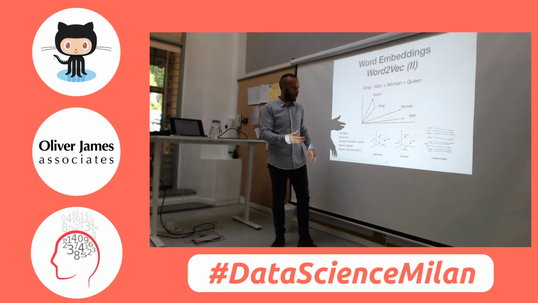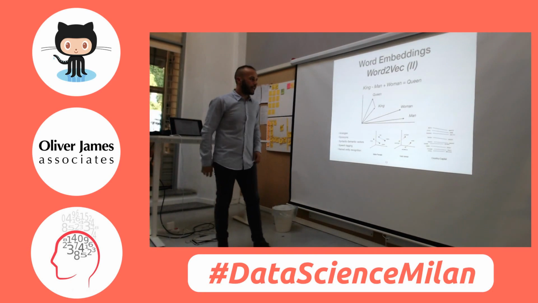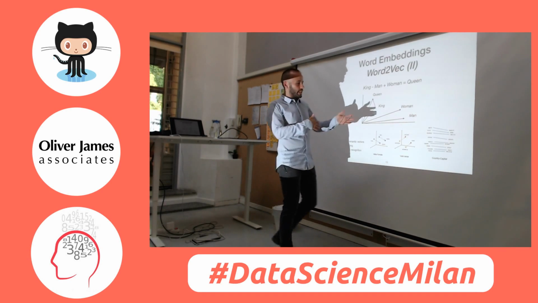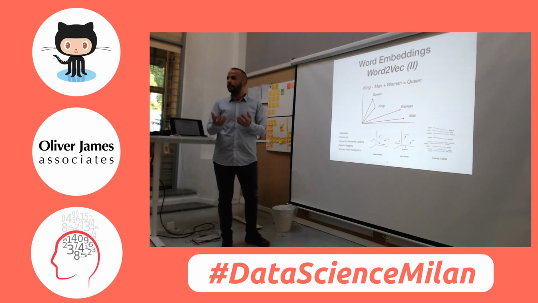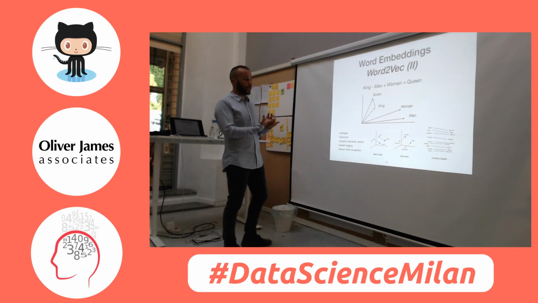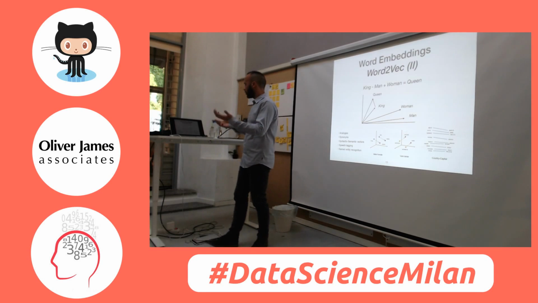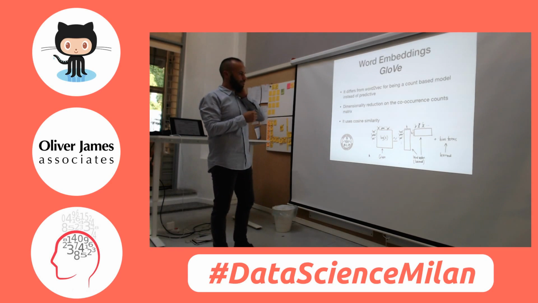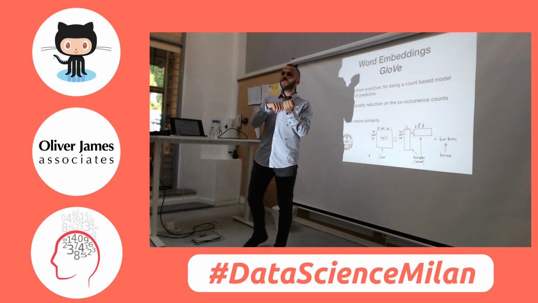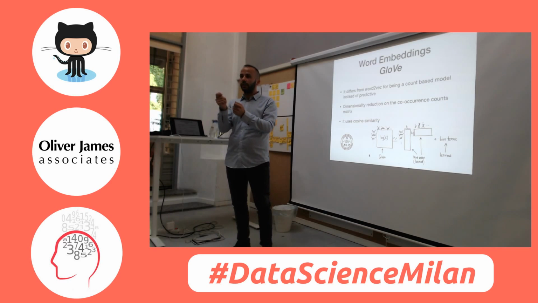syntactic vectors, like walking to walked or swimming to swam, and trying to understand the past and the present tense. Or also we can say, okay, Spain is to Madrid as Italy is to Rome. So we understand a lot of different semantics from our training data, and so on. So it can do part-of-speech tagging, named entity recognition, and so on. Pretty powerful. And okay, so Word2Vec. We said that in Word2Vec we try to predict the other word in a way, because we're picking two words and we're saying, okay, what's the probability of seeing the other word? So it's kind of a prediction.